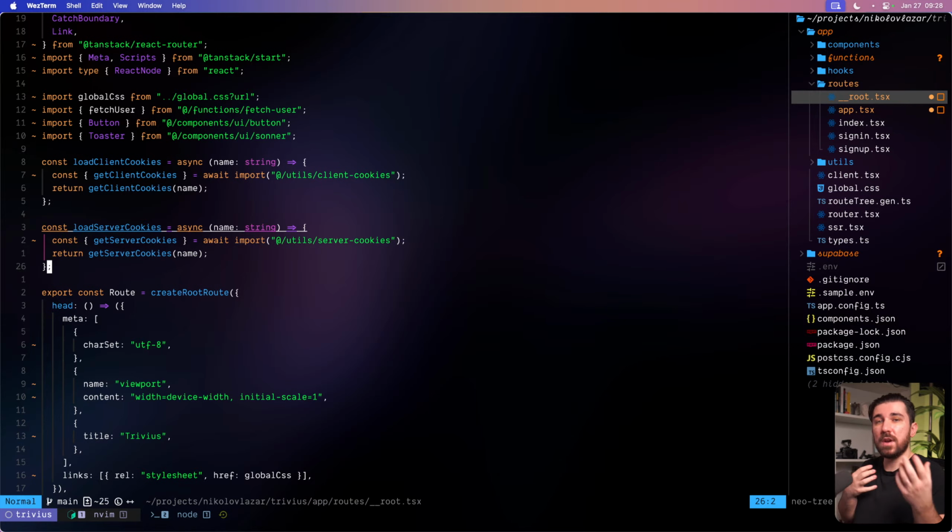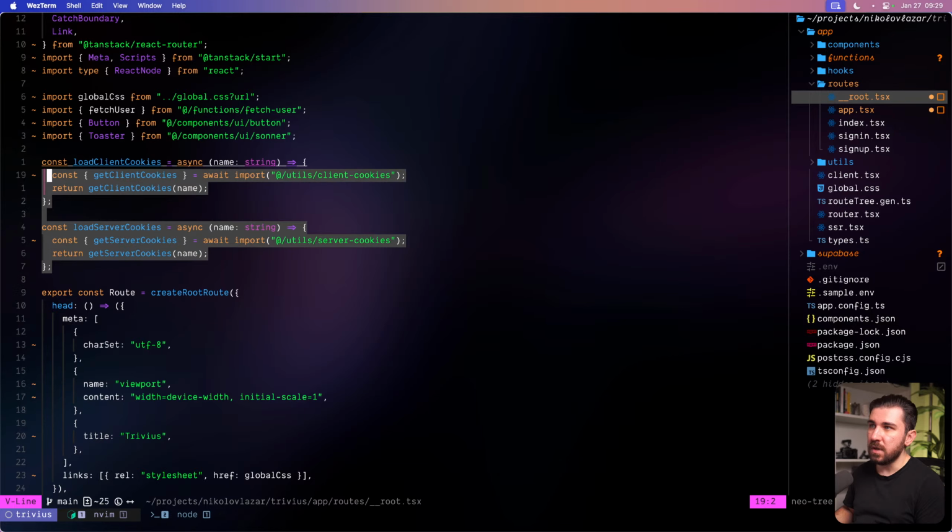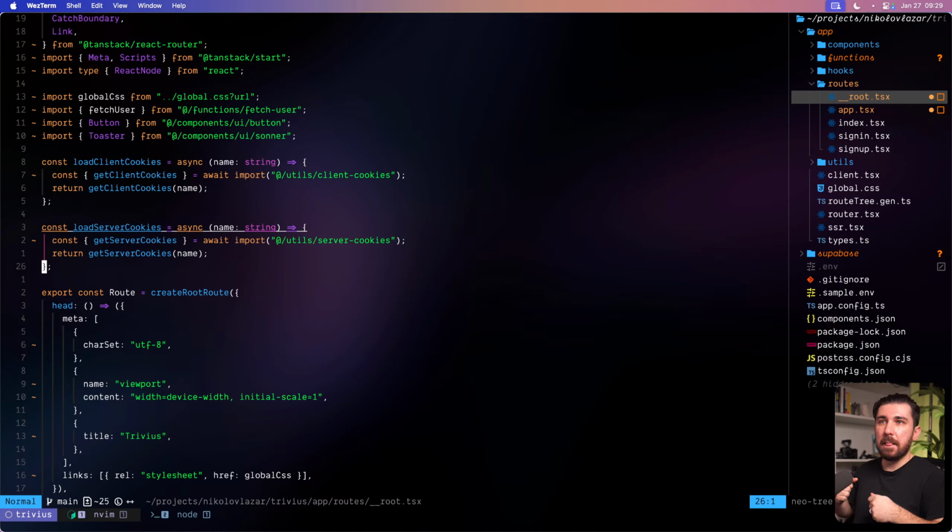I can, regardless if I reach that point through client-side routing or soft navigation, or I did a hard navigation and everything got executed on the server. Either way, I have two functions that allow me to pull the cookie out, based on the environment. And of course, I can show you these